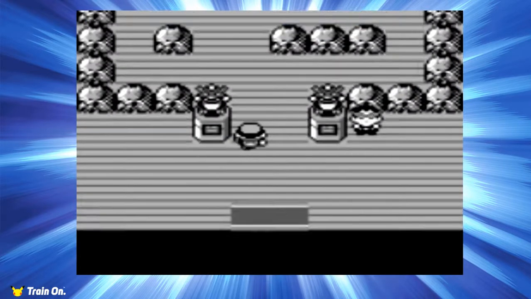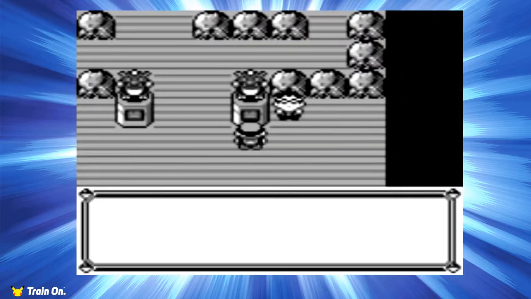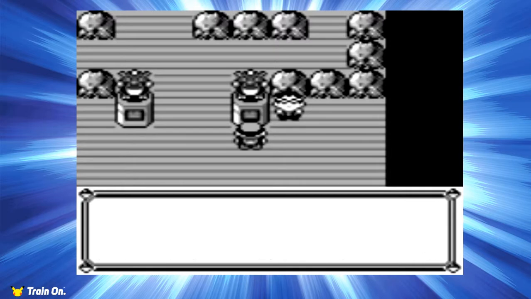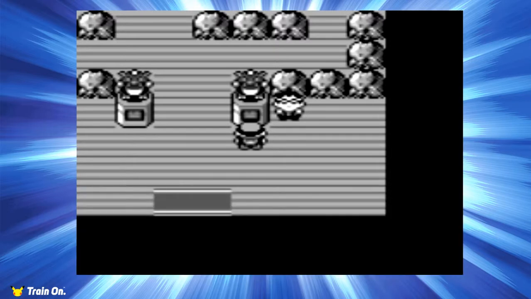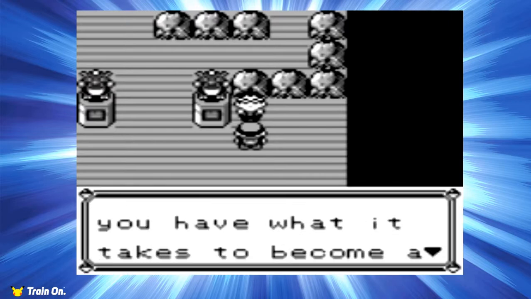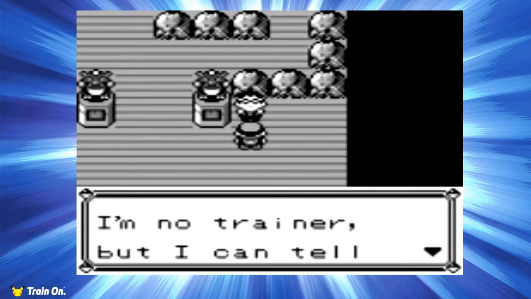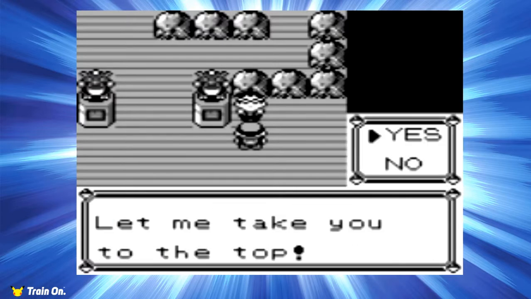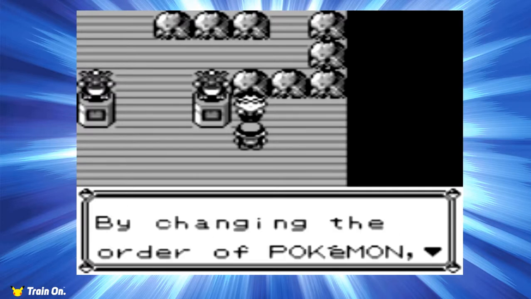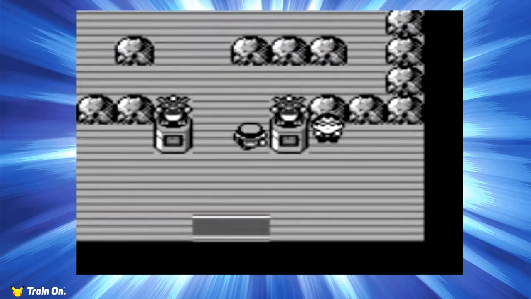So this is the gym. Now, here, there'll be a little statue depicting a Rhydon, and it'll show the Pewter City gym. Now, it'll be the leader, being Brock, and apparently your rival has already beaten him. Now, this guy is a little information man. He can be great if you're new. He can teach you the Pokemon types. He knows, as he says, what it takes to become champ. Okay, he's telling you information that's not really...